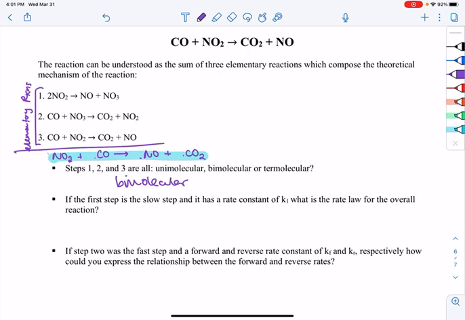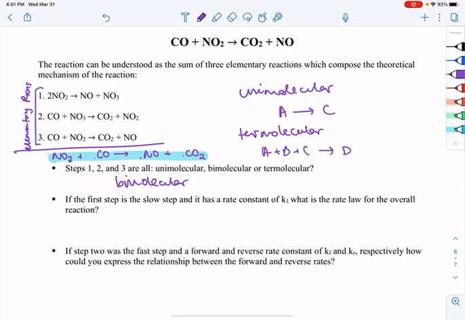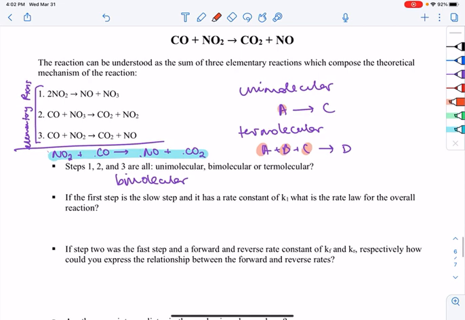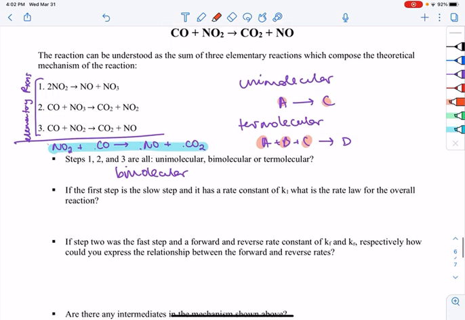Bimolecular elementary reactions. You could have a unimolecular elementary reaction if it just went like that. You could have a termolecular if you had something like this, right? You have three things coming together, termolecular, to form the product, or you have just one thing spontaneously converting into something else. So the question says, if the first step is the slow step,